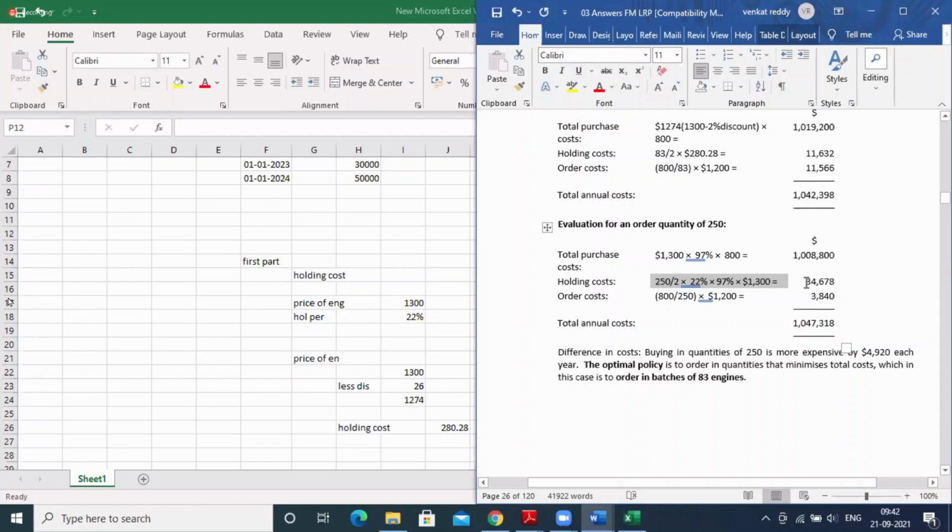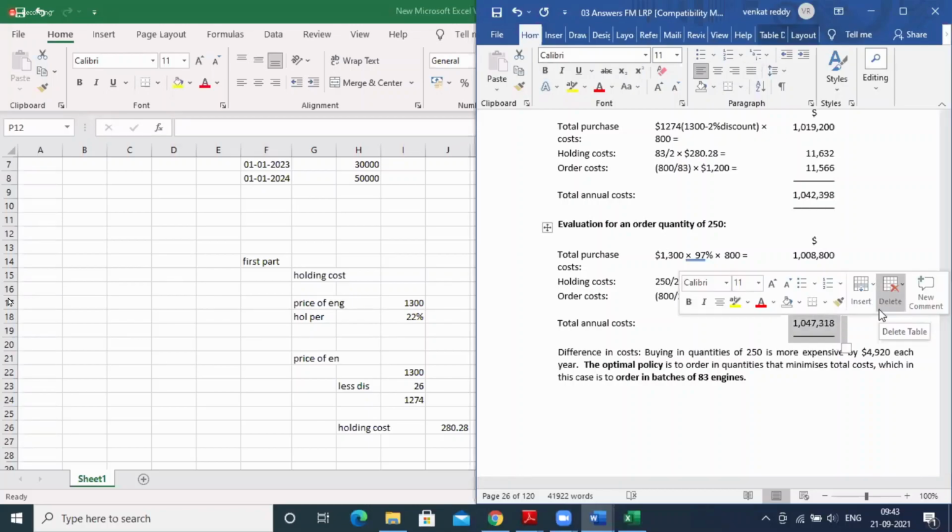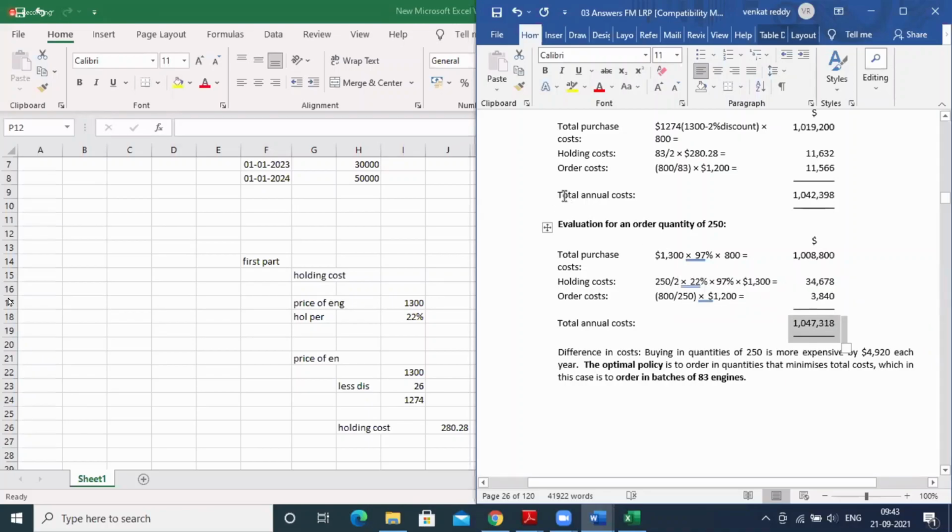So the holding cost we got is 37,688, and again the ordering cost: how many units per order are we making? 250. So 800 divided by 250 into the ordering cost of 1200. So the total inventory cost, if you make a minimum order of 250, will be 10,47,318. But if you follow the EOQ, EOQ says that you need to make an order of 83 units only. So whenever you order 83 units, you are going to incur a total annual cost of